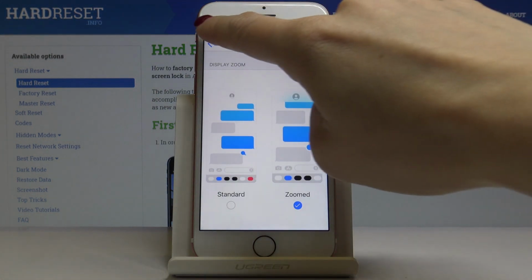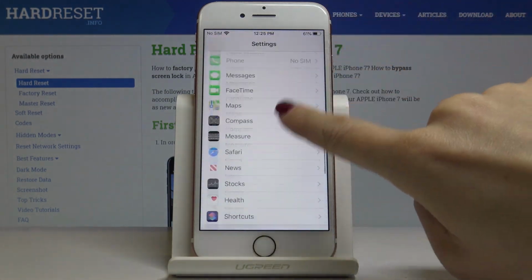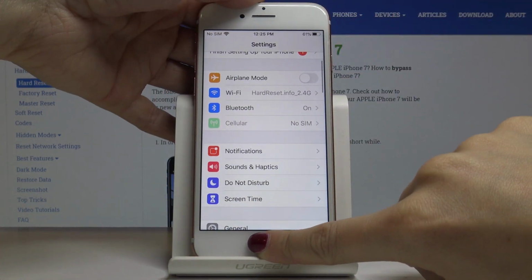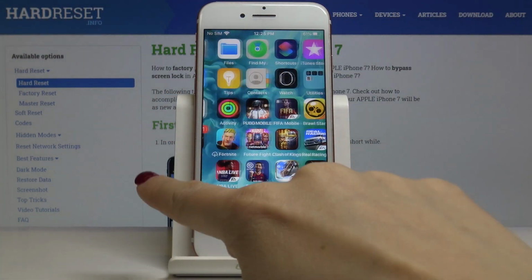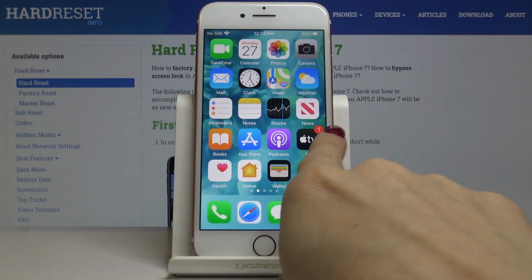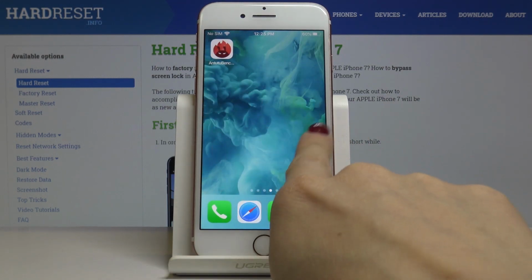And that's it. As you can see, everything is way bigger. All the notifications, phones, and also the icons on your home screen right here now. It's perfect for people with some eye issues. Now you will not miss anything on your device, and then whenever you would like to go back to the